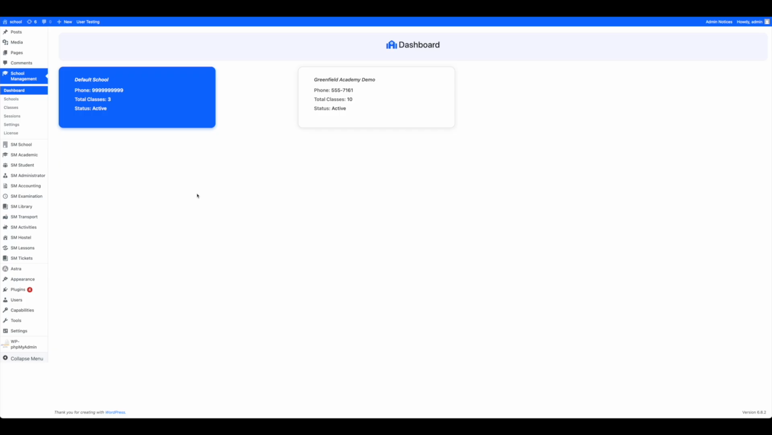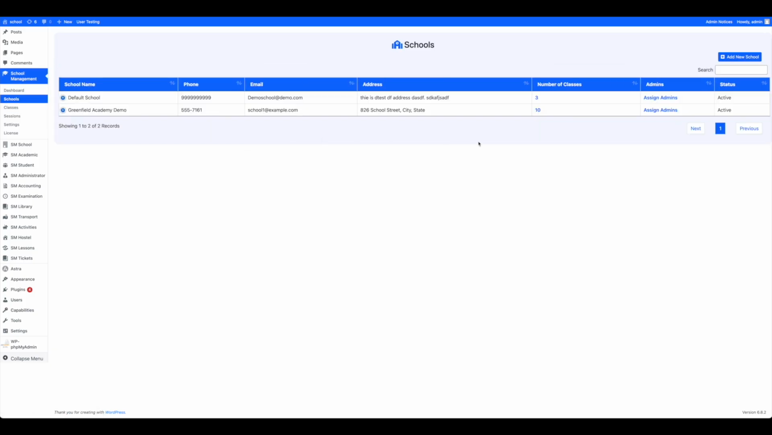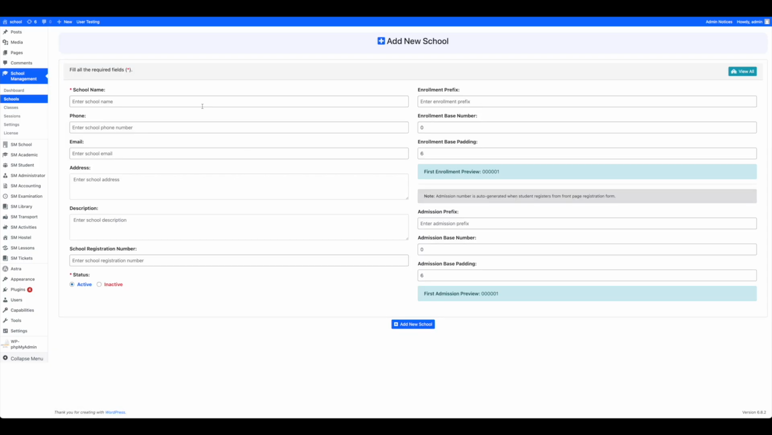Okay, so we are looking at the school management plugin. First, let's start with the schools. Here you can add as many schools as you want. For example, we are going to add the